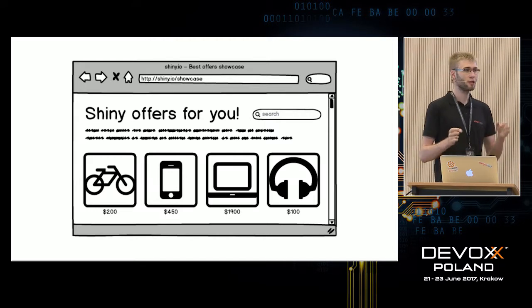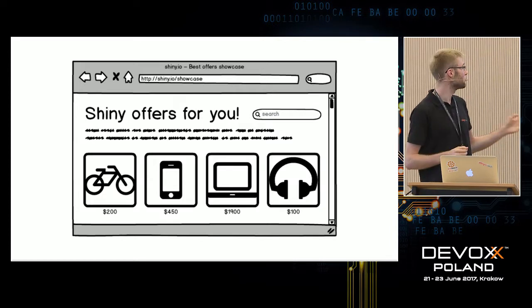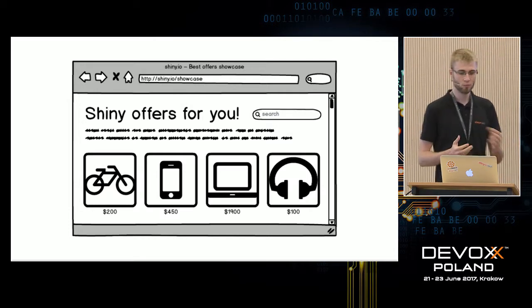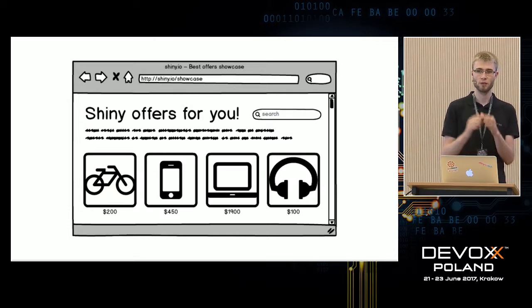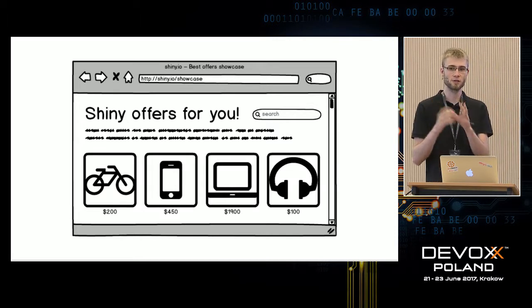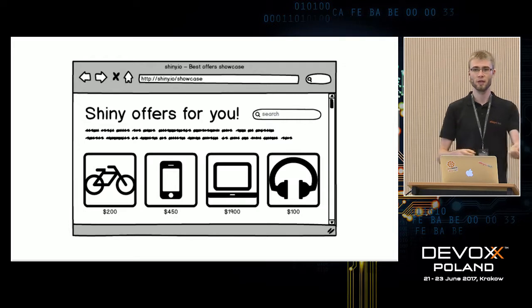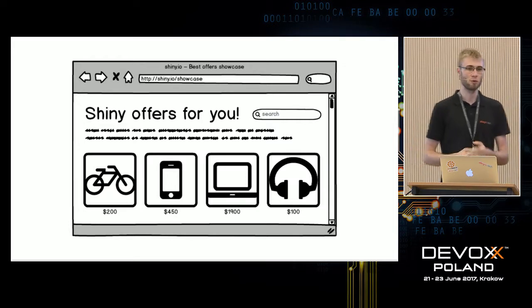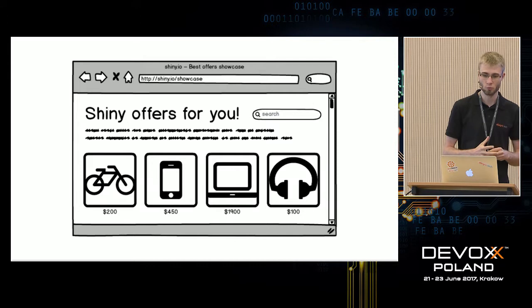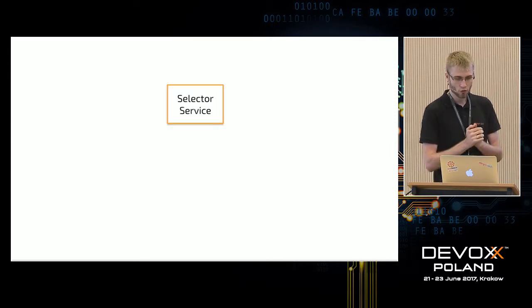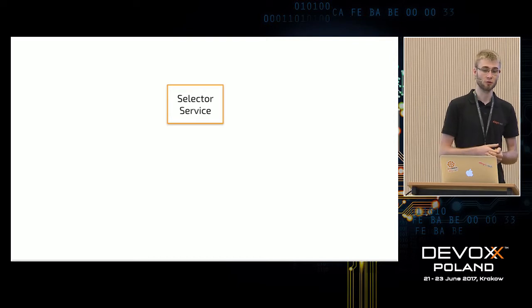We're working in a large company, let's imagine, so we're not the only team building this feature. Our part in this is going to be to select the offers that should appear on this page. From all the offers in our system that are being created, we want to select the most attractive offers to be displayed. That's our task. So we're going to build a Selector service.